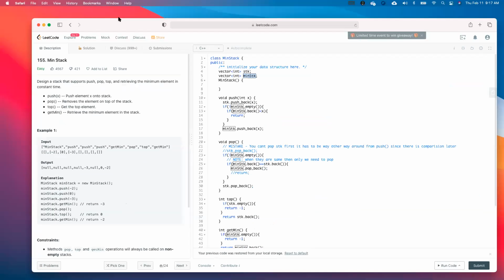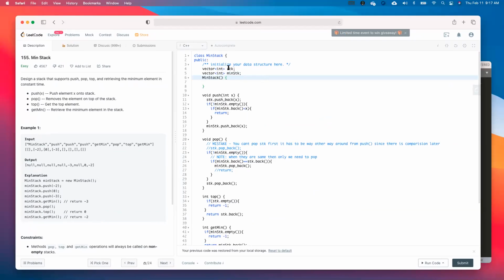Okay, I will start again. So basically I'm maintaining two vectors. Those are my stacks only. The first stack basically takes care of all the elements. The other is taking care of the min stack, because our idea is to get the min, and that is going to be the challenging part in this process.